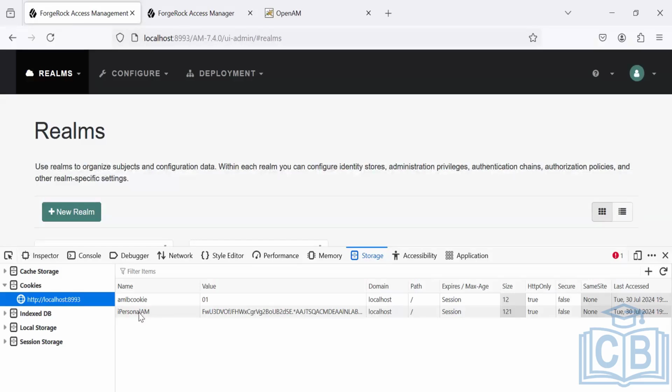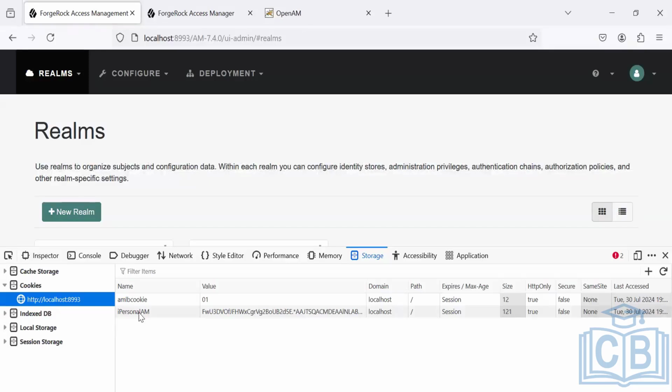So how does ForgeRock check that the user is authenticated? Whenever the user tries to log in via AM, it will create this session cookie, and to further log into the OIDC application and get a successful response,